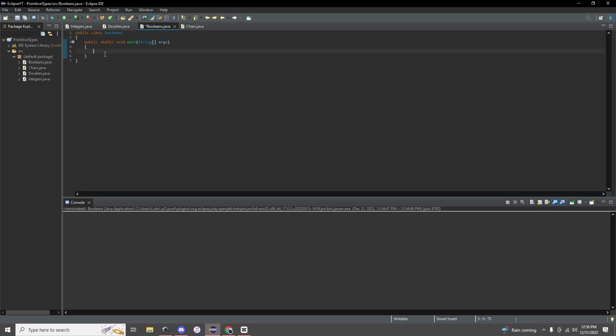So Booleans, like in most languages, in Java, can either be set to true or false, right? And we can declare a Boolean the same way that we've done integers, doubles, anything else. You start with the type, so that would be boolean. That's the keyword. Then we add our name. So I will have this set to